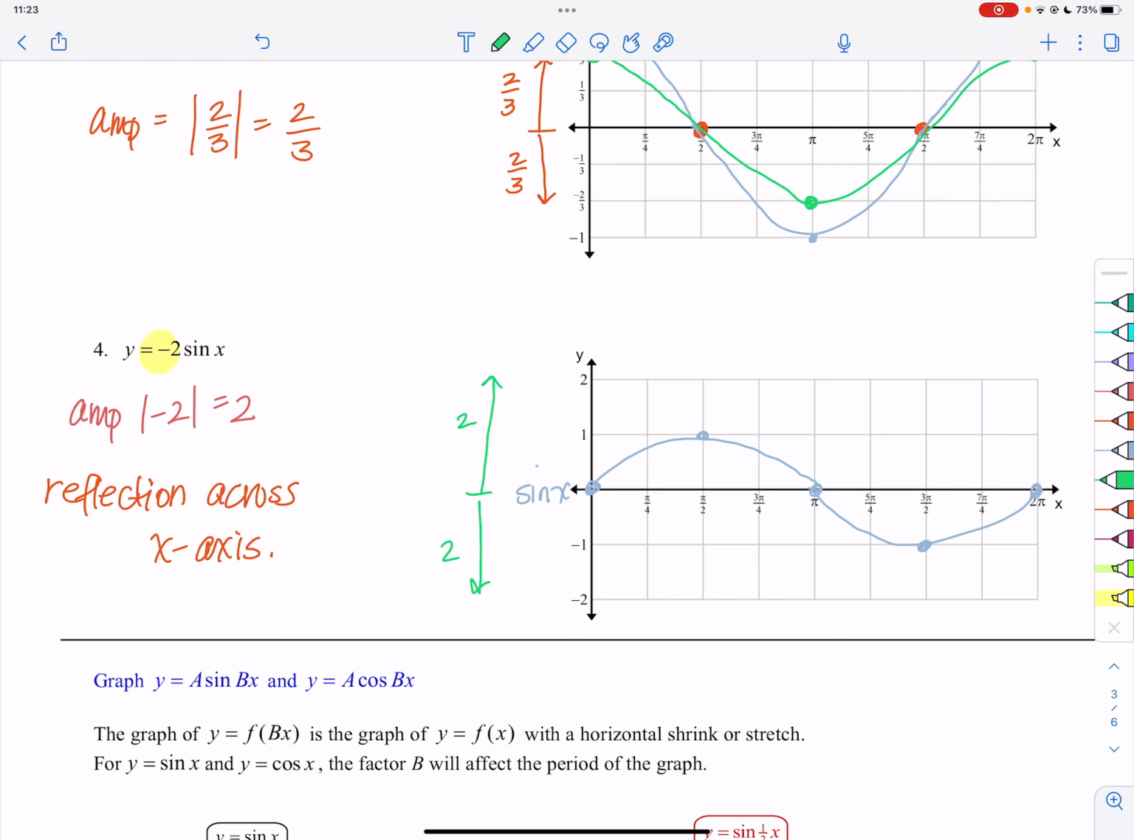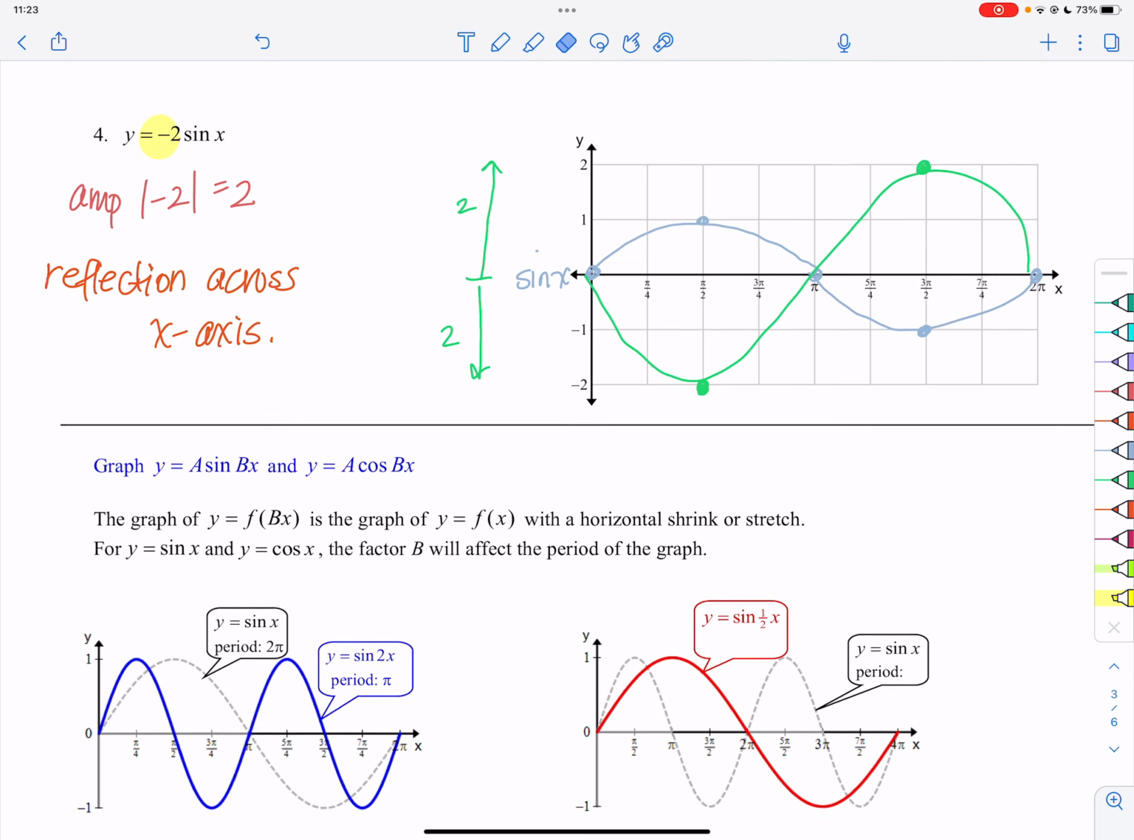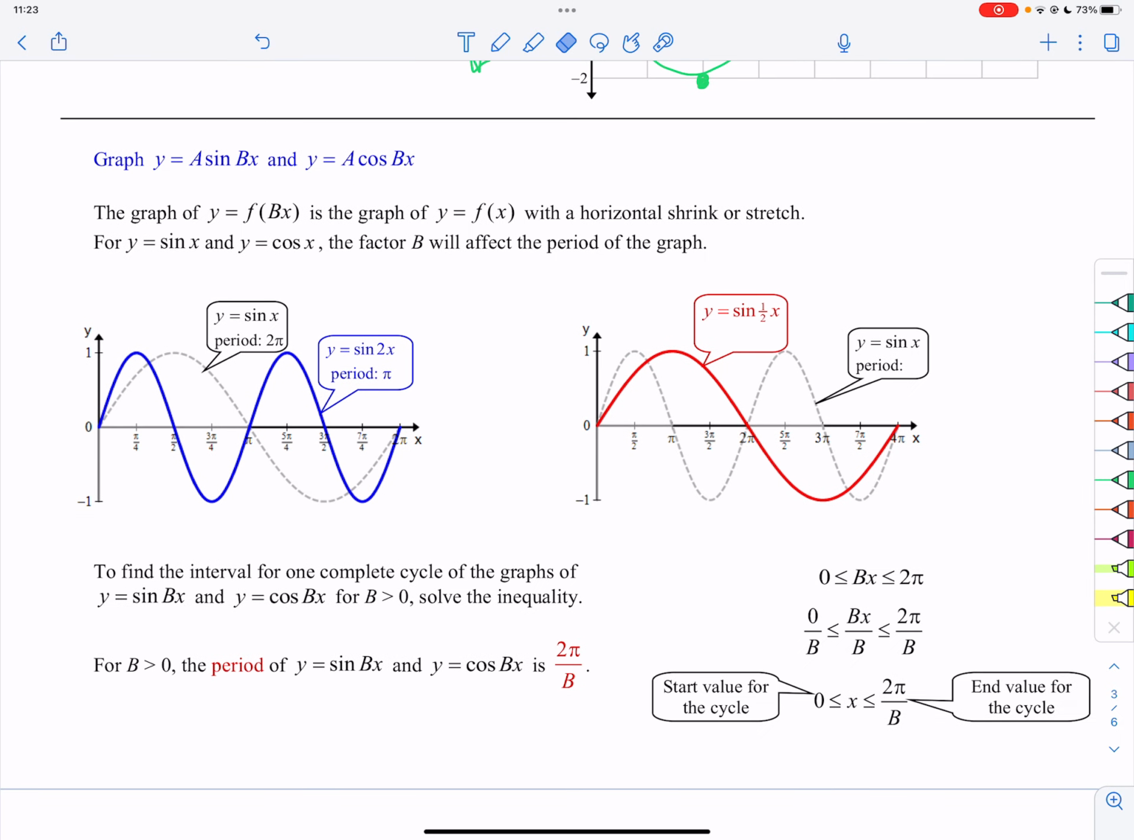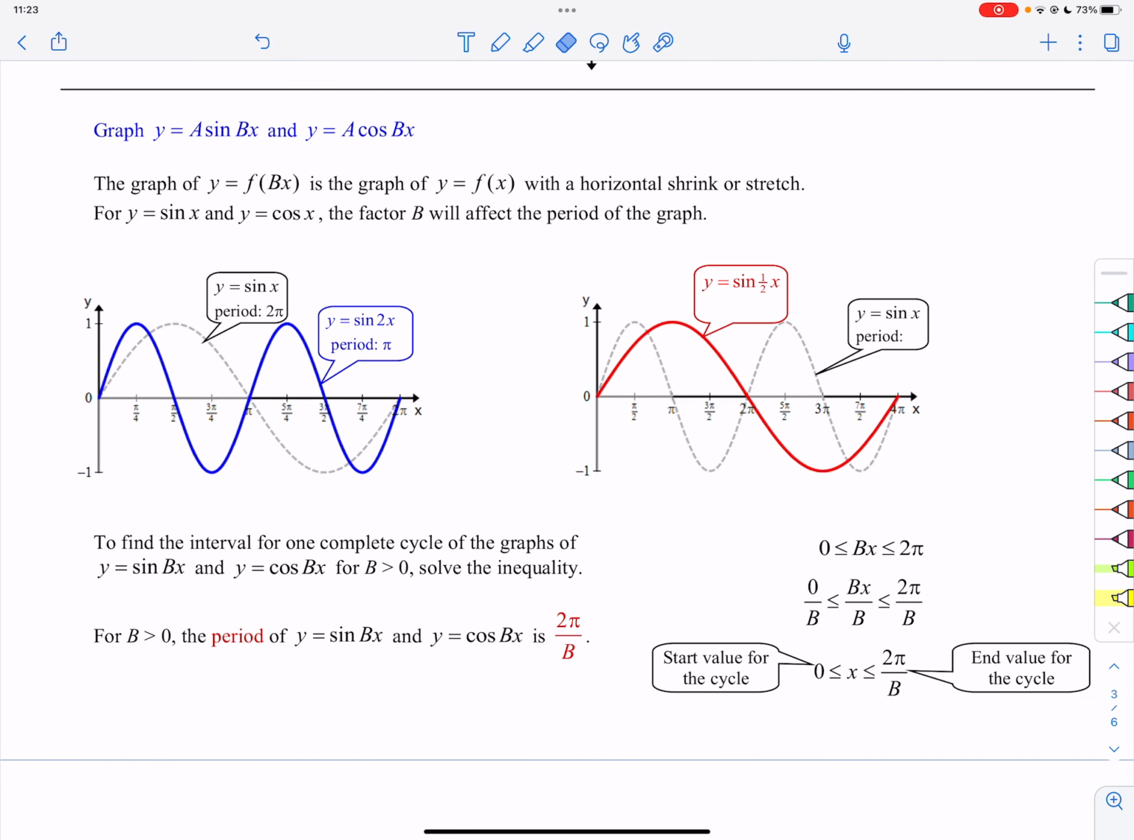Okay, and we have the reflection. So we will actually at pi over 2 have a relative min of 2 and a max here of 2, okay? There we go. And this is the graph of the opposite of 2 times the sine of x. Y equals that. Okay? So now let's talk about when we introduce another constant which will